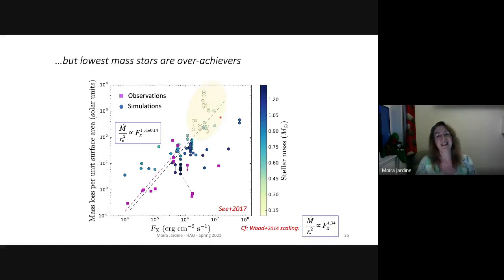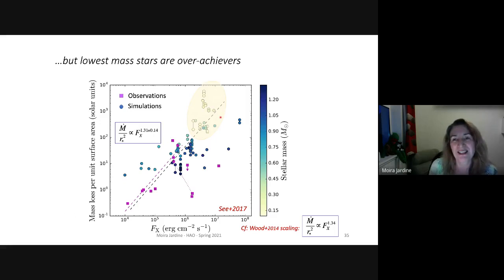So we can see, if I highlight those for you, the lowest mass stars are the real overachievers when it comes to mass loss per unit surface area. They're very small, but they have very, very distinctive, very powerful winds given their size. So what is it about these stars that